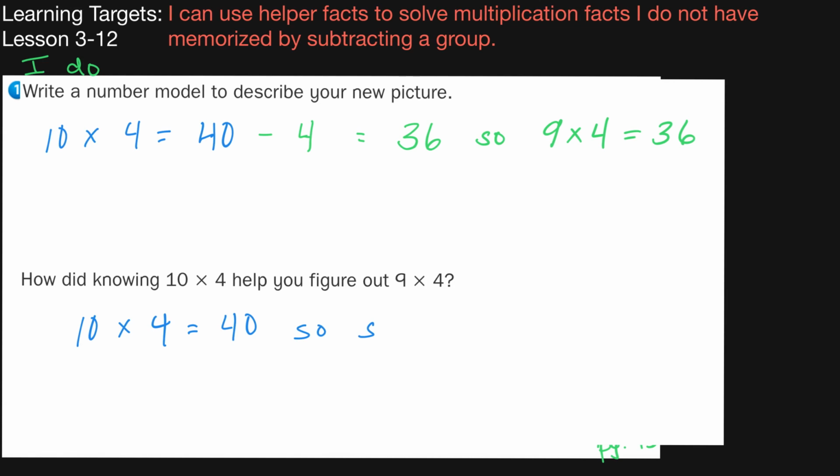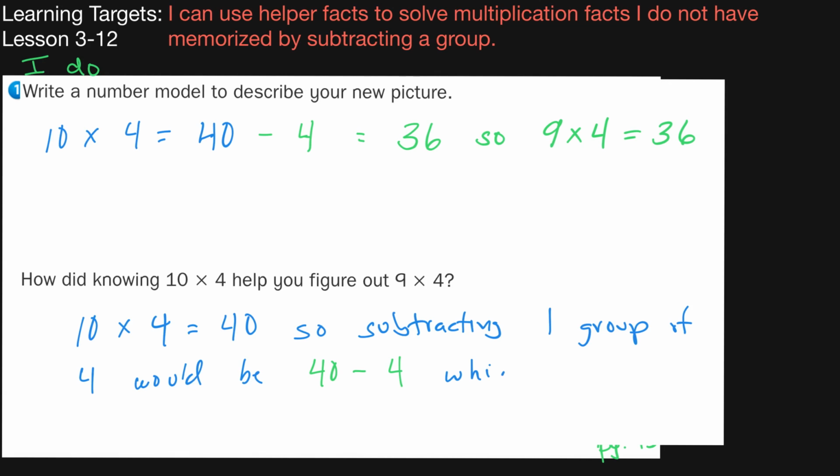So subtracting one group of 4 would be, different color, 40 minus 4, which equals 36,